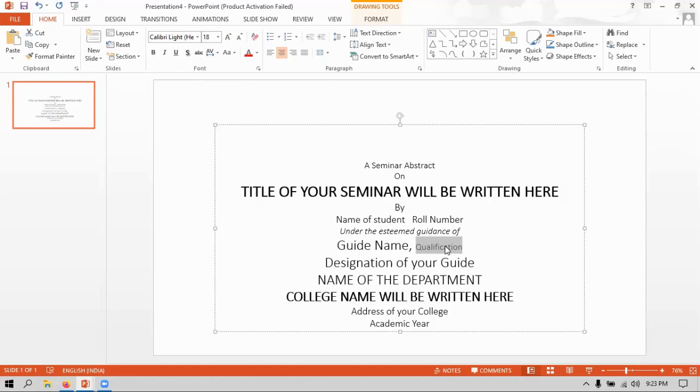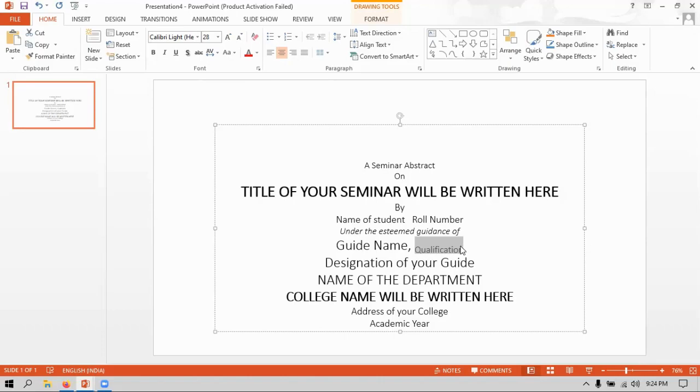But I'm not going to decrease the font size now. I'm going to use another shortcut where I want to implement the subscript. That is the shortcut Control plus. That means you have to press the keys Control and the plus symbol.